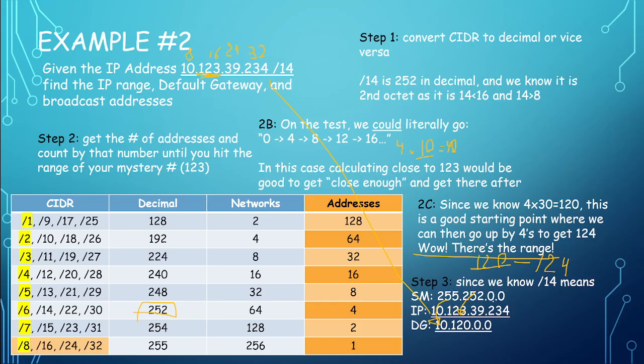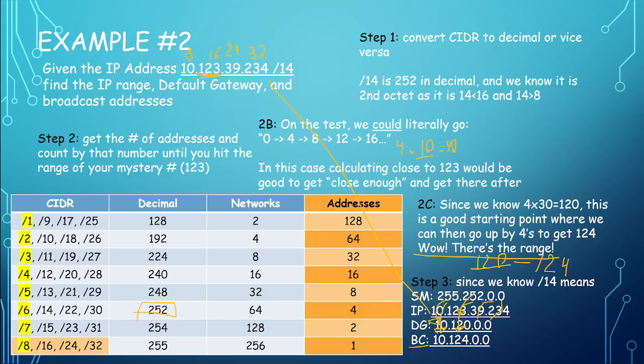And since these are 0, we just copy the zeros straight down. If it's a 0 in the subnet mask, it's a 0 in our default gateway. It's a 0 in our, or actually in a broadcast, it's a 255. So we'll get into that. Our broadcast, once again, 255, you just copy it on down. And since 252 is not 255 and it's not 0, we just copy the end of our range for our